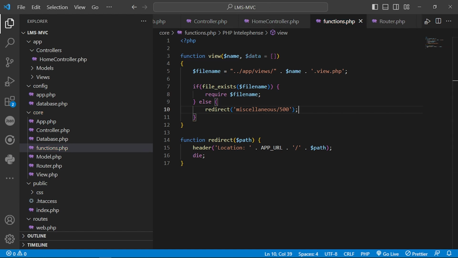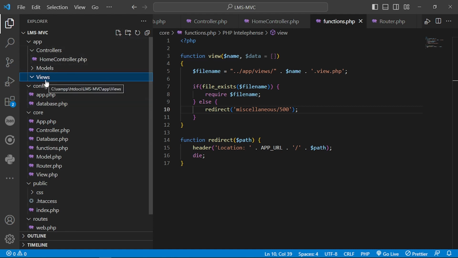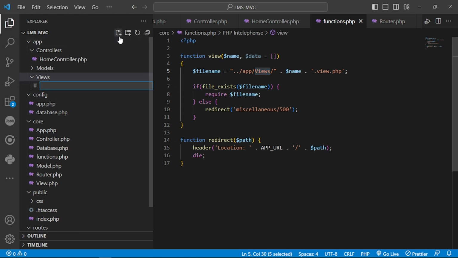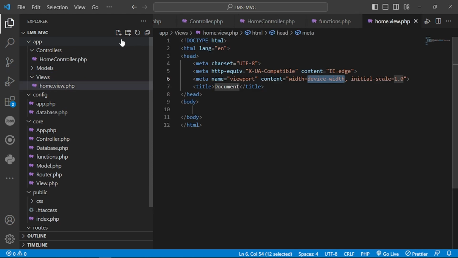Now let's test our function. First we will create a new view file in app/views/, okay, let's make this capital, and go to the views and create a new file. Let's call this home.view.php, and inside we will write some HTML with, in an h1, home page,